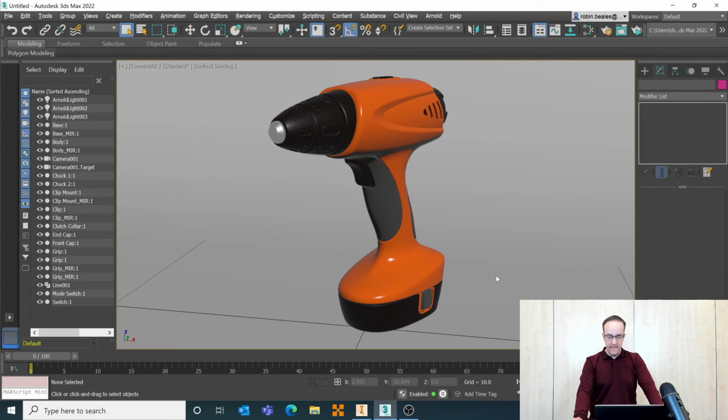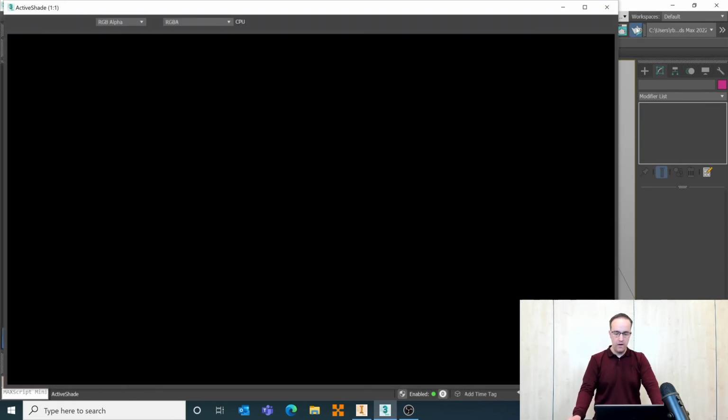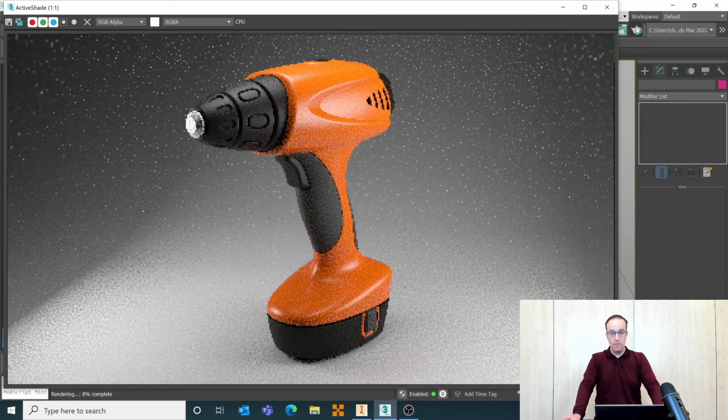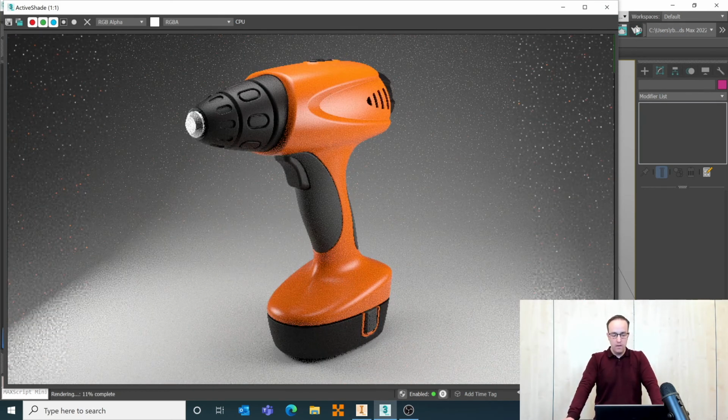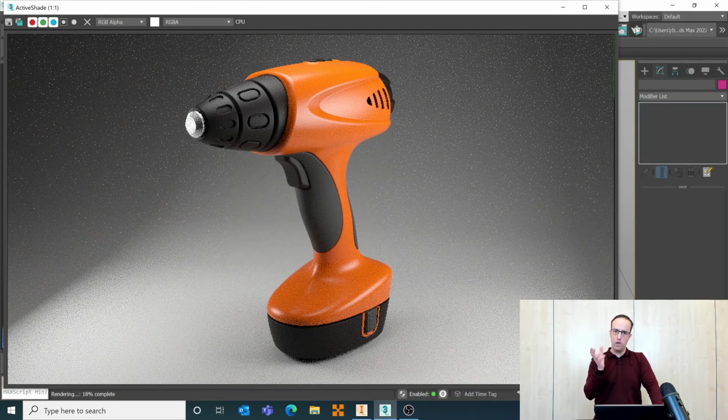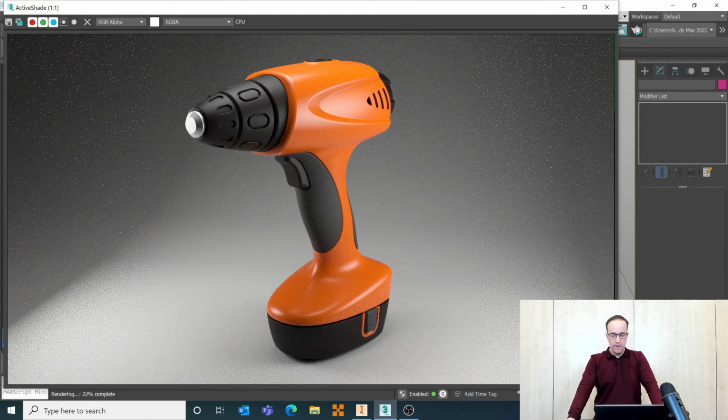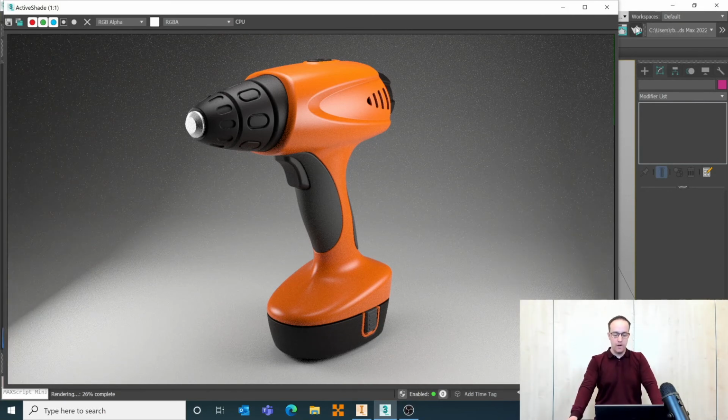So I can now press C for camera, go ahead and turn on full active shade to go ahead and render this scene in full screen mode, for example. This is still a live render, so I could go and tweak the camera in my scene. It's active shade, it would update. But actually for what is realistically a handful of minutes work if you weren't explaining things as you go,